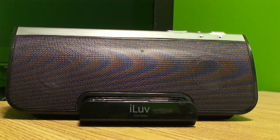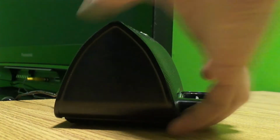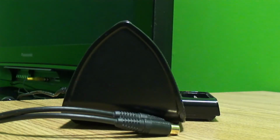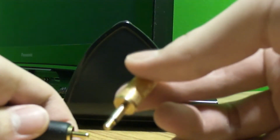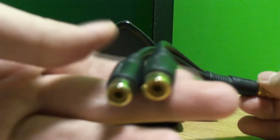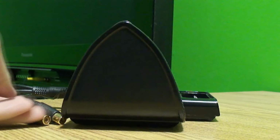Before I go, I'm going to show you the feature of the auxiliary port. So we're just going to turn the device around and just plug this in. Now, an example of a device you can use with this could be, of course, any MP3 player, even the iPod Shuffle, the latest generation iPod Shuffle, because it does not have a 30-pin dock connector port. What I'm actually going to be doing is using this little thing right here, which is a 3.5mm plug, and I plug this part in to get multiple composite ports, I'm sorry. So I'm just going to plug it in. And now, I'm actually going to use